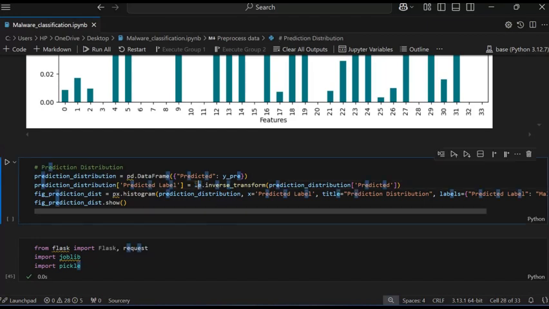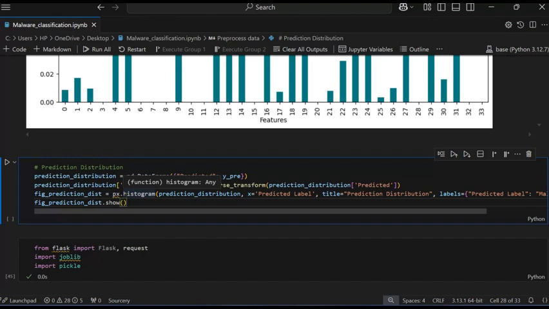Here I pass the le, which is the label encoder method, le.inverse_transform, and then pass the prediction distribution, and then again give the prediction.